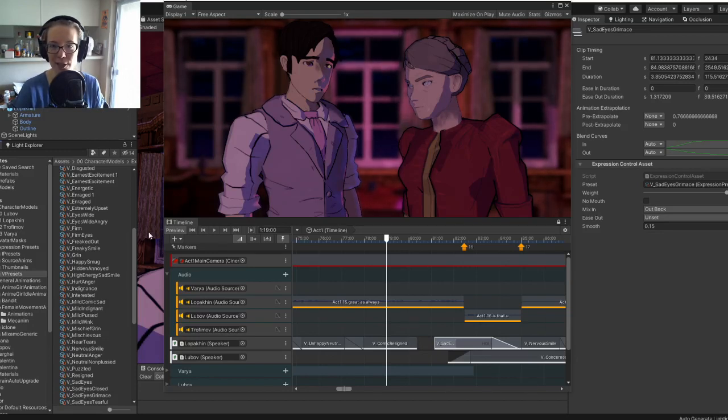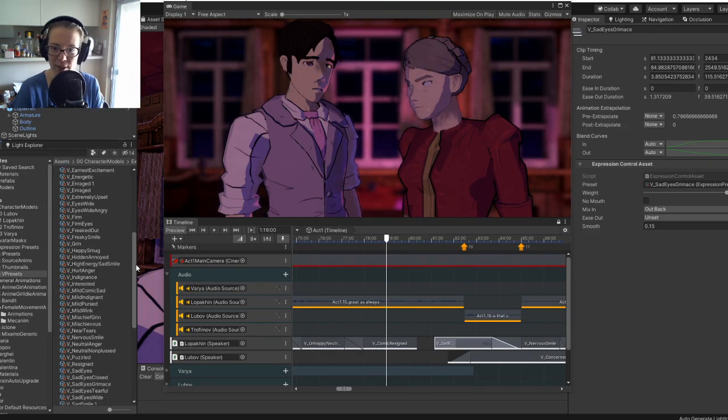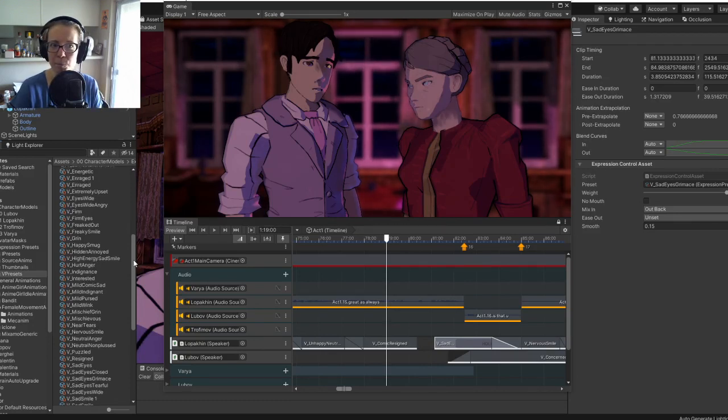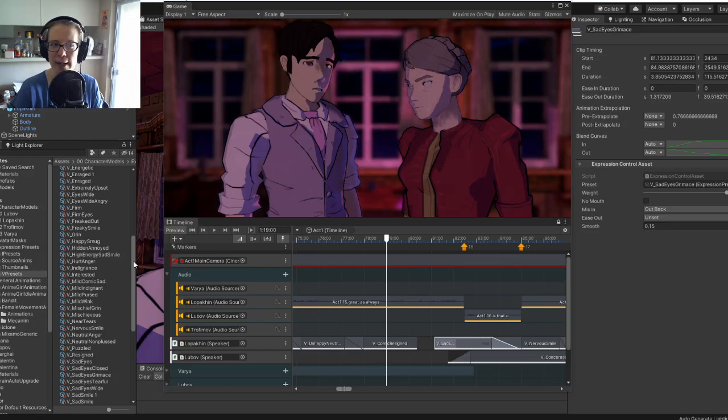Well, if I really can't think of it, I can start tweaking the blend shapes themselves. But even then, you have to have some idea of where you're going. If you don't know where you're going, how are you going to get there? I think he needs an even more extreme, wide-eyed, sad